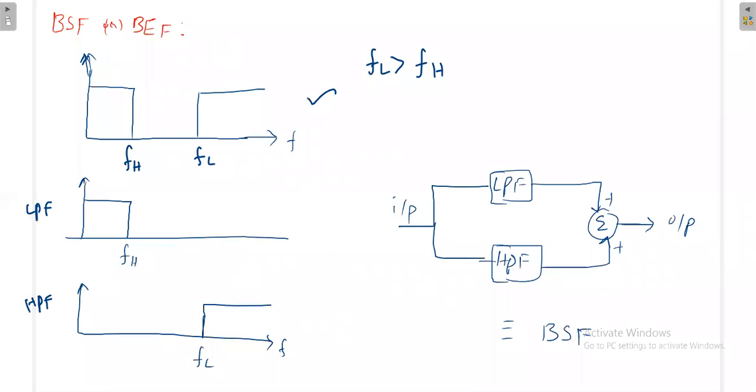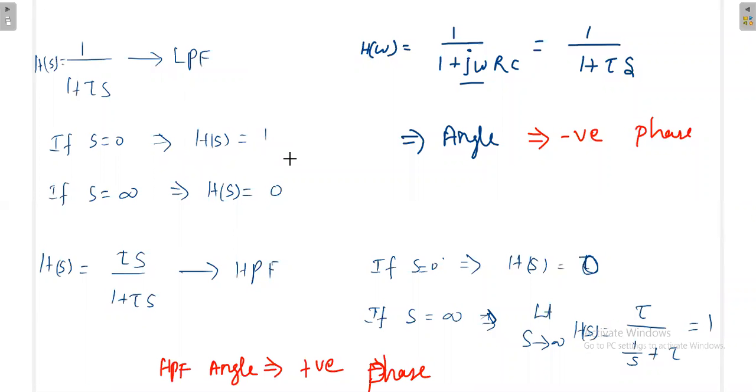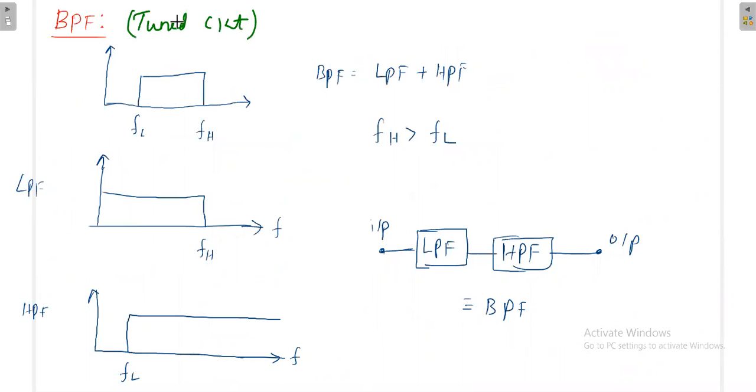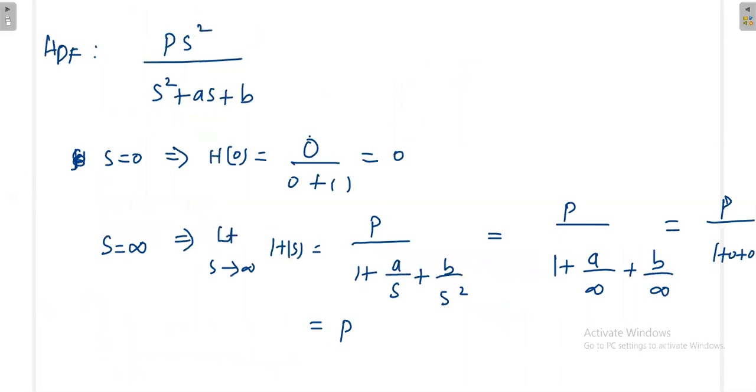So in the first order equation, we have not written anything for band pass filter because to realize the band pass filter, you need at least a second order system. From your previous experience of the tuned circuit, which is the basic circuit for a band pass filter, you need a minimum of one inductor and one capacitor. Once you have one inductor and one capacitor, definitely the order of the system will be 2. So to realize the band pass filter, minimum you need two elements, and the minimum order of the band pass filter will be 2.